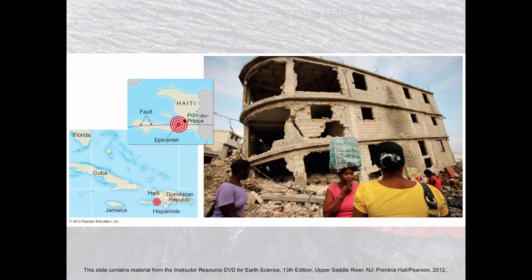Earthquakes are quite important when it comes to how humans exist and how humans relate to the solid Earth. Earthquakes can happen without warning in some cases. Sometimes there are hints of warnings, and new research is being conducted every day to try to improve earthquake prediction. But earthquakes can have devastating consequences for societies and cultures and communities. One of the more recent large magnitude earthquakes struck near Port-au-Prince, Haiti, several years ago.